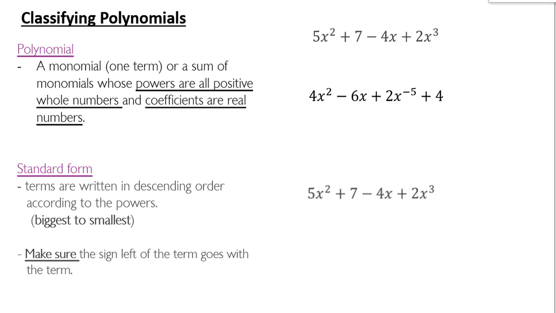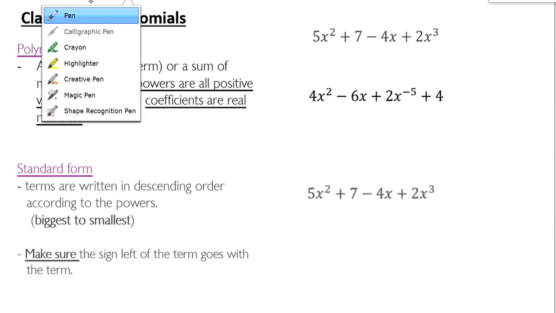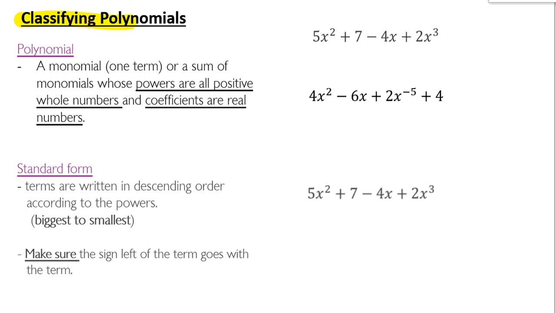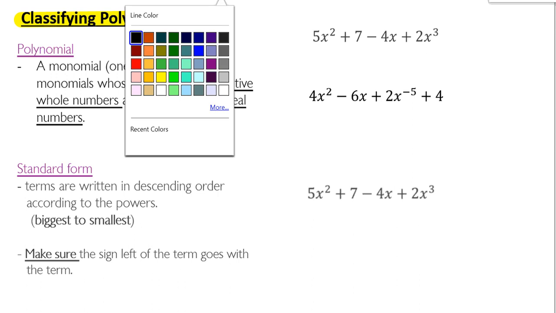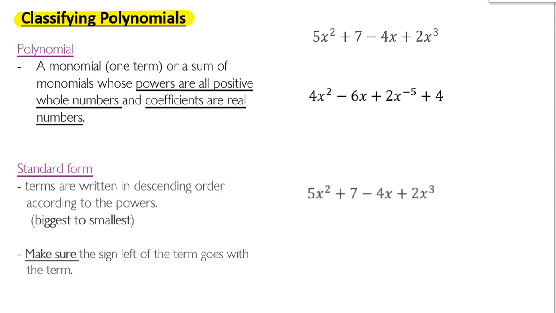Okay, first thing we have to talk about before we can go further into this unit is classifying polynomials. Polynomials is what this whole section and the next one pretty much is all about. To define polynomials, it starts with a monomial. That means a single term. That's stuff that's just being multiplied or raised to a power or divided. That's a term. A monomial is when there's one term, or if you add a bunch of them up, that forms